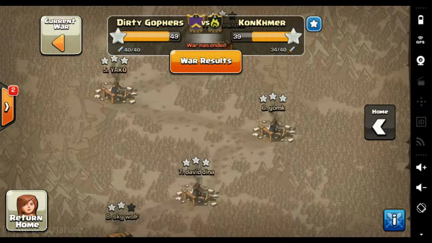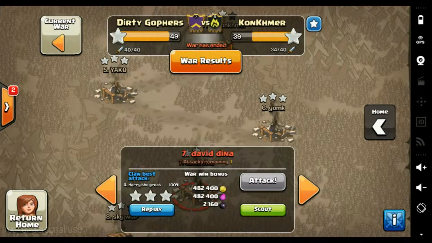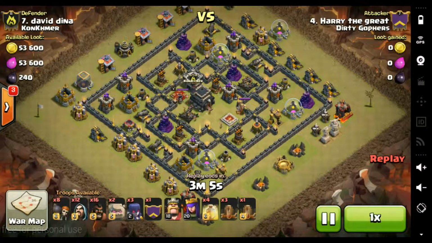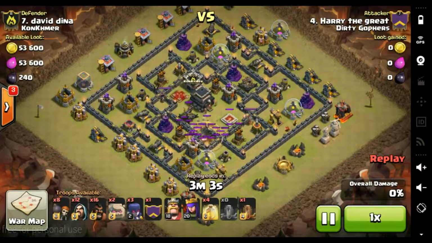Sorry for the pronunciation, I had to get that one wrong. So we'll look at a few things. This is a very good war for us, a lot of 3 stars, so let's look at the first 3 star. This one is a Town Hall 10 dropping down, but let's see, show all members